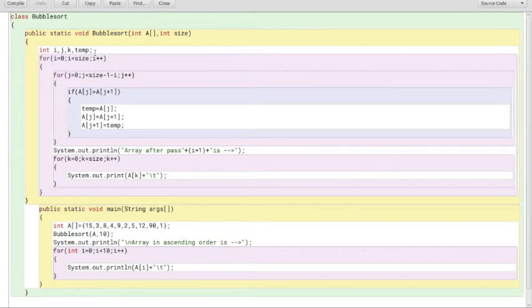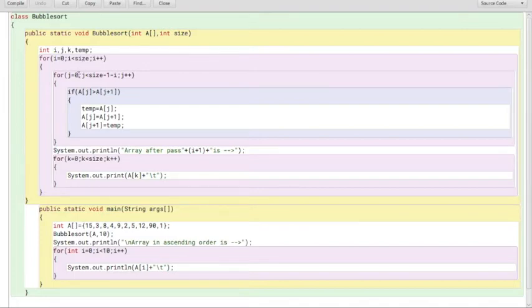So we have a for loop which is running from 0, you know why 0, because the first index number is 0, and less than size. That also you know, because we are dealing with index numbers, and the index number is always one less than the size, because if the size is 10, the index number will be from 0 to 9, that is the max. So I have a for loop 0 to less than size, incrementing by 1, and inside i we have